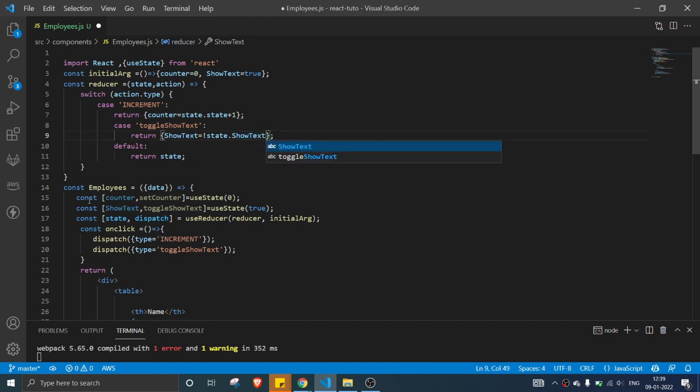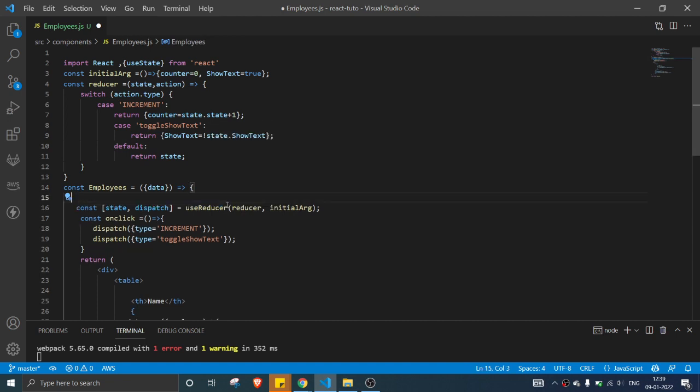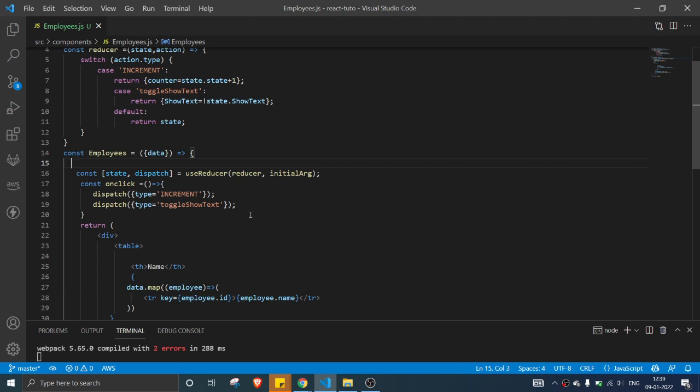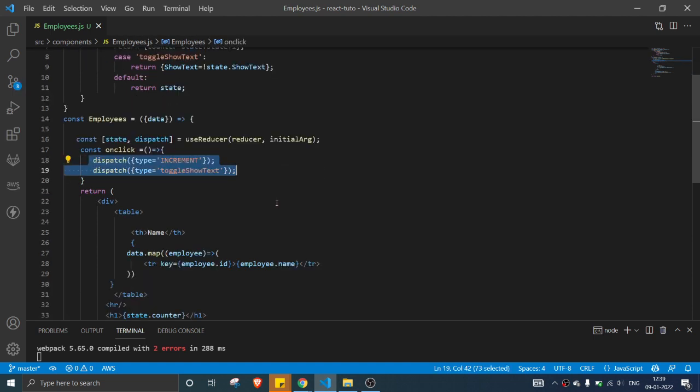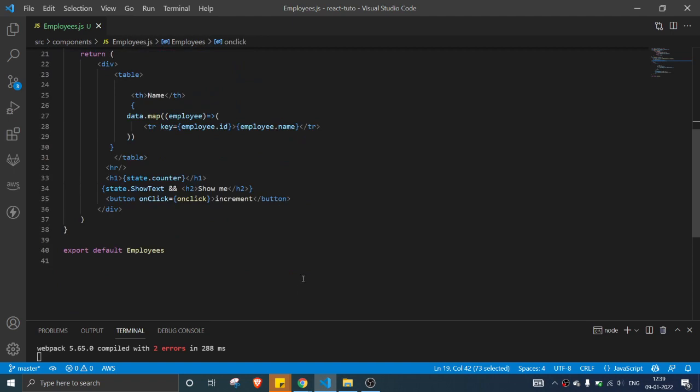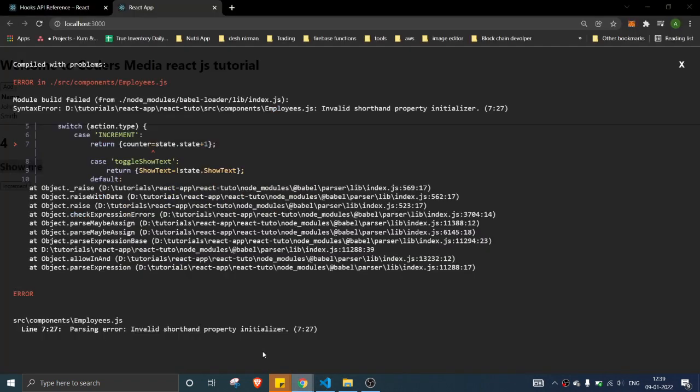Okay, cool. Now we can remove this method. So my reducer function is ready. On click, it is going to call the dispatch. Let's go and check the browser.